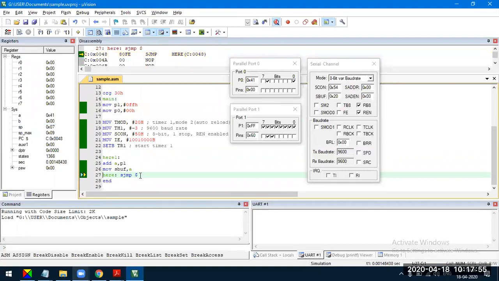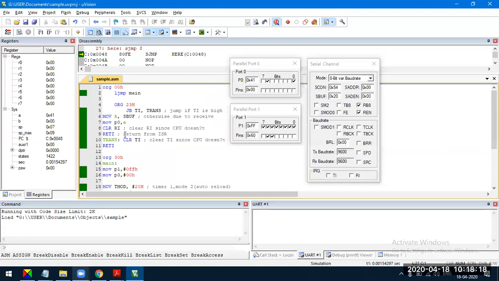In the document I have shared, the PDF and the notes, we don't see this kind of program. They have written only for either transmission interrupt or reception interrupt, not handling both in the same program. So that's why I modified this program and shared it. You can execute it and observe. This program demonstrates the interrupt due to transmission of data serially as well as reception of data serially.